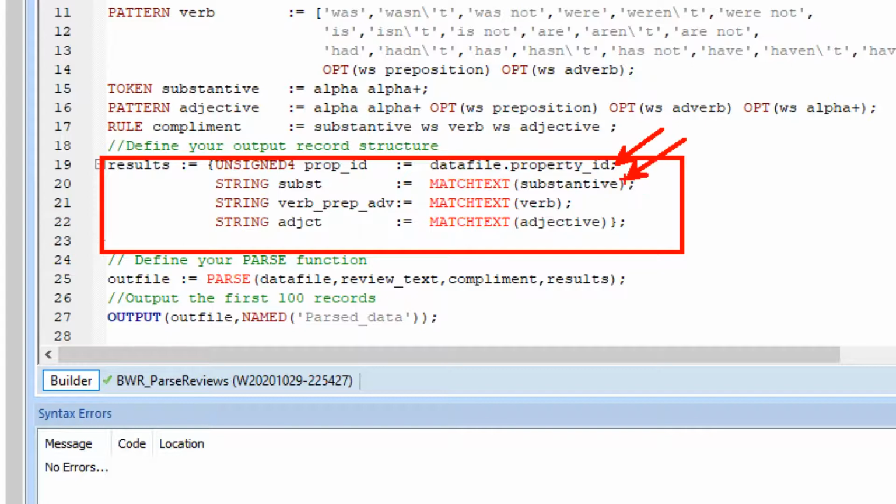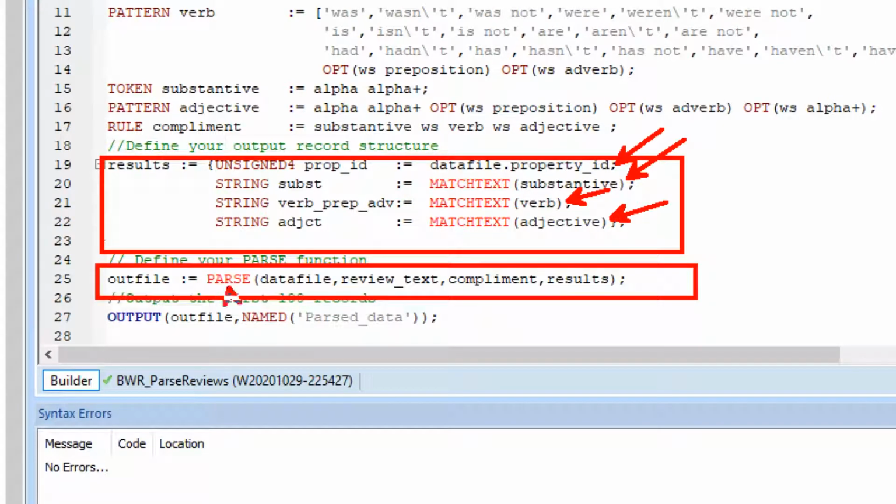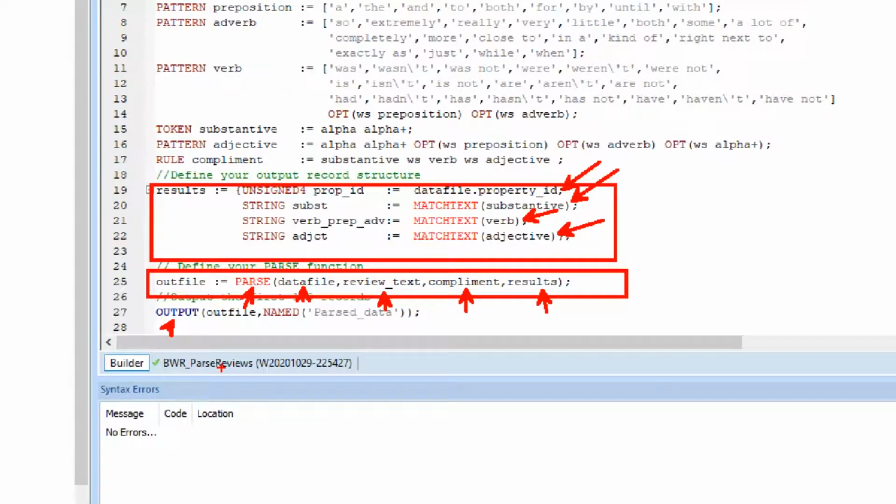And in this case, I want to see what's the property ID, what is the substantive, the verb, and the adjective. And then I parse the text using my parse function, specifying my data file, my field to be parsed, my rule and my result record structure. And if I do an output of it,